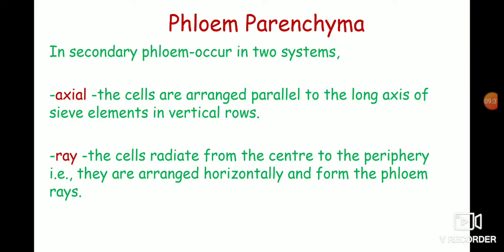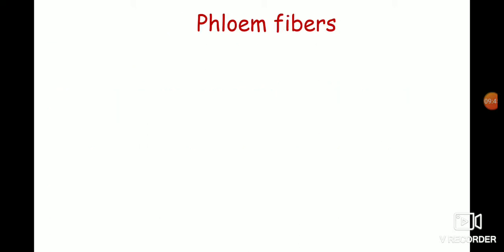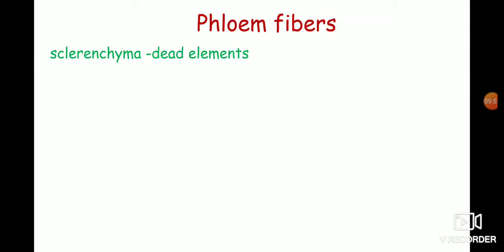In the secondary phloem the parenchyma occurs in two systems, the axial system and the ray system. In axial parenchyma the cells are arranged parallel to the long axis, and in ray parenchyma the cells radiate from the center to the periphery. Phloem fibers are the sclerenchyma cells